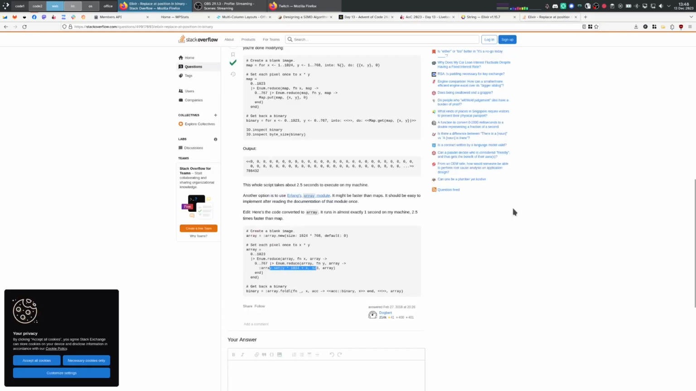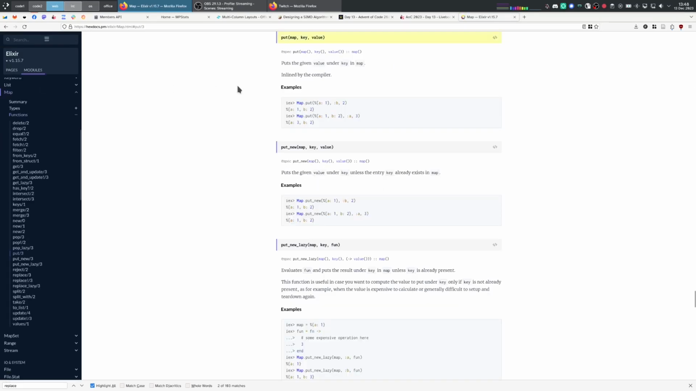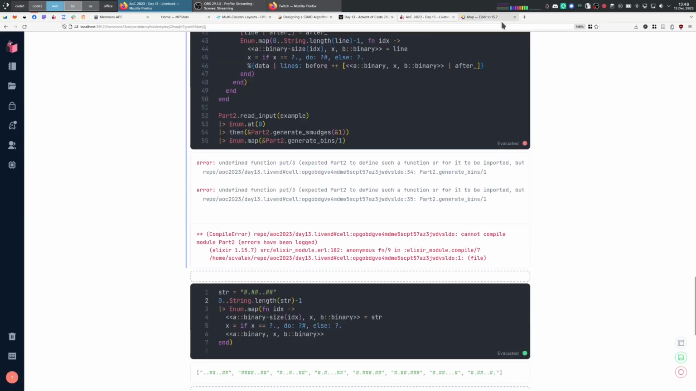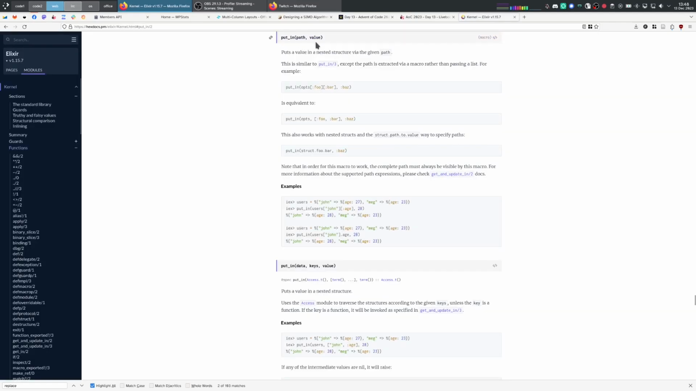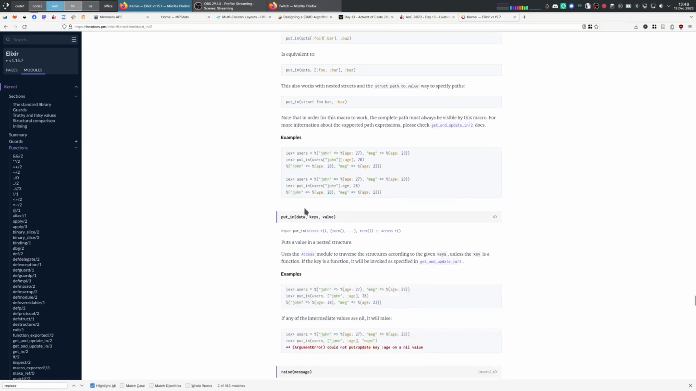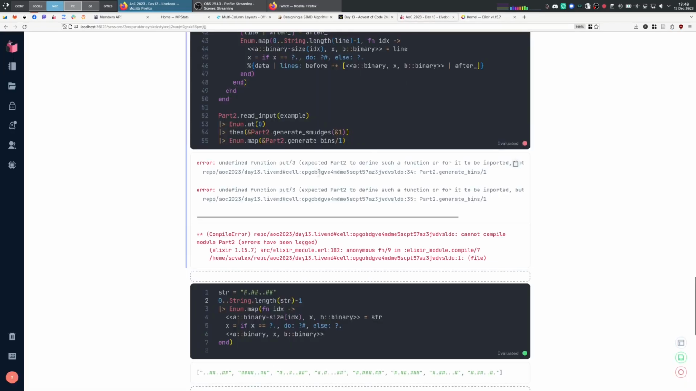What's the syntax for put? Don't need this, here, put. Map.put. Wait, no, what I want is put_in. This definitely exists, right? put_in puts a value, put_in, data, keys, value. Okay, so